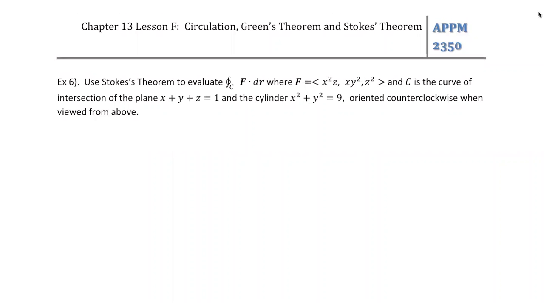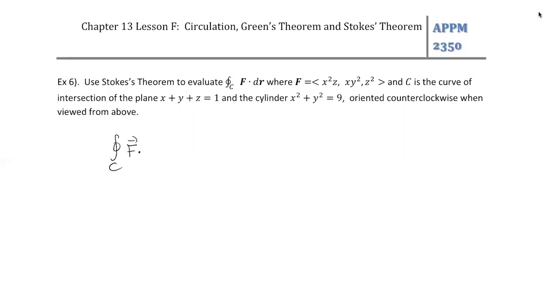So for example 6, we are going to use Stokes' theorem to evaluate this circulation line integral. And before we do, I want to clarify what we mean when we say use Stokes. So we could do this line integral just straight up by parametrizing and evaluating, but that's not using Stokes. Stokes is saying, okay, instead of doing the line integral,